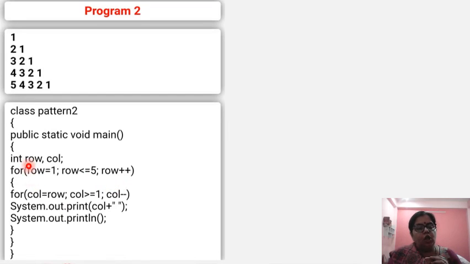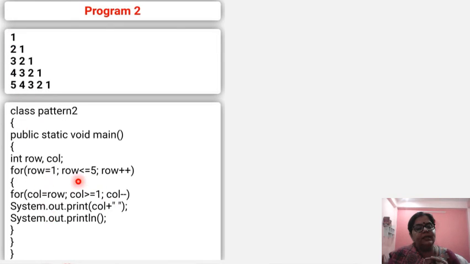But we have seen that the inner loop is decreasing: 2 1, then 3 2 1. So column is assigned to row, okay, and it will work till 1, and column minus minus because it is decreasing. See how it is: row is 1, column is row, and it will work till 1 with minus minus. So the first will be 1 only.